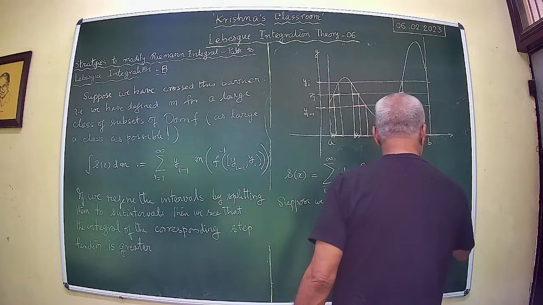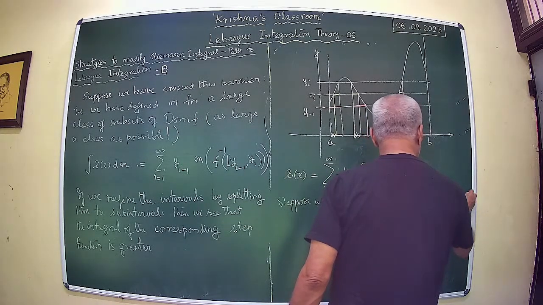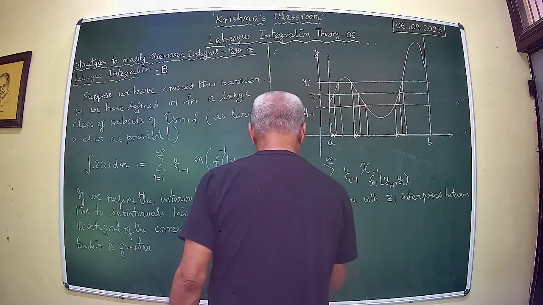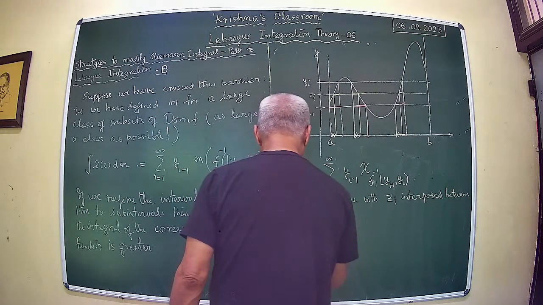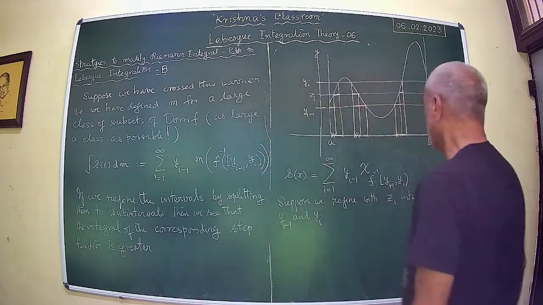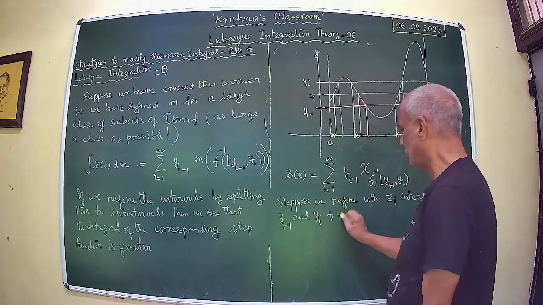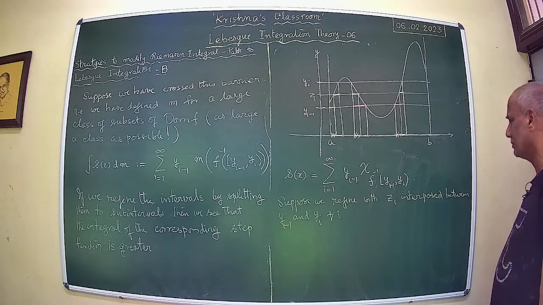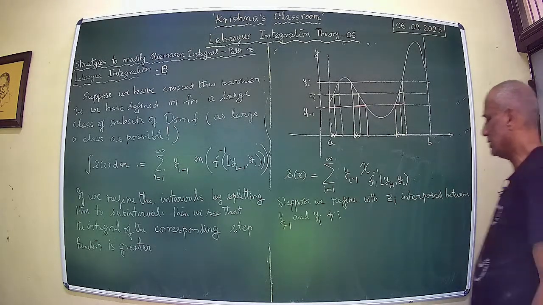Between yi minus 1 and yi, for every i, or for some i, whichever way you want. Okay. Then what happens? Then you see that